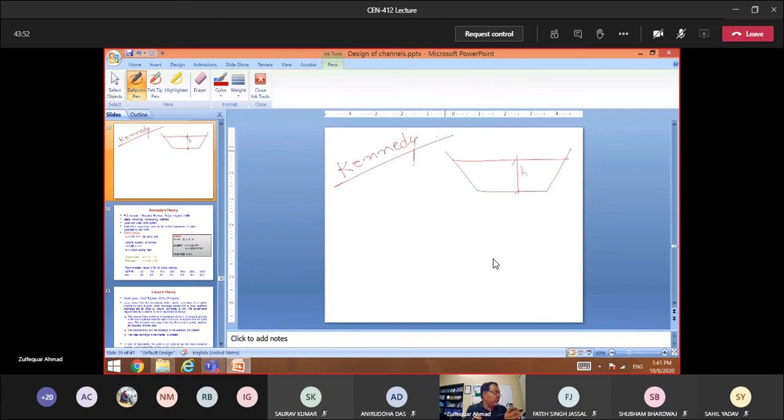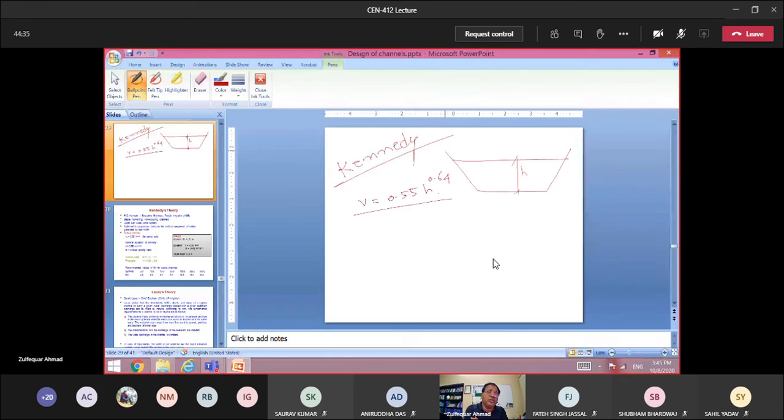So he provided an equation, and that equation is V = 0.55 h^0.64. If this equation is established, then the channel will be a stable channel. Now I am not using the term regime condition, I'm using the term only stable channels. It means that you have an alluvial channel having the depth of flow h, and how that h is related with the velocity will be related with this expression.